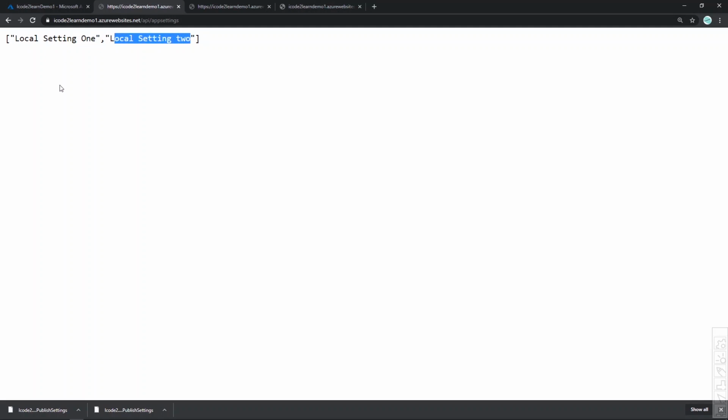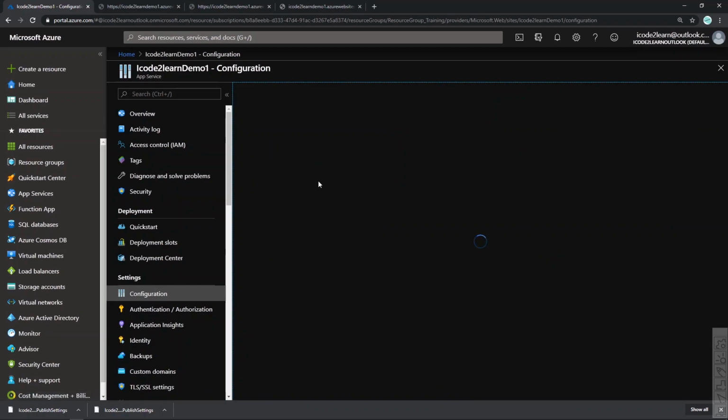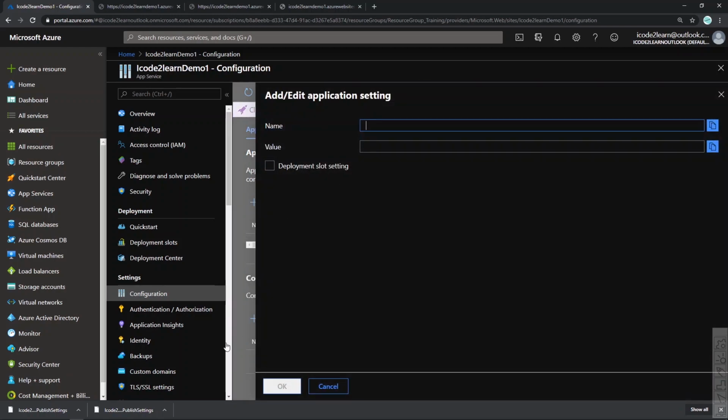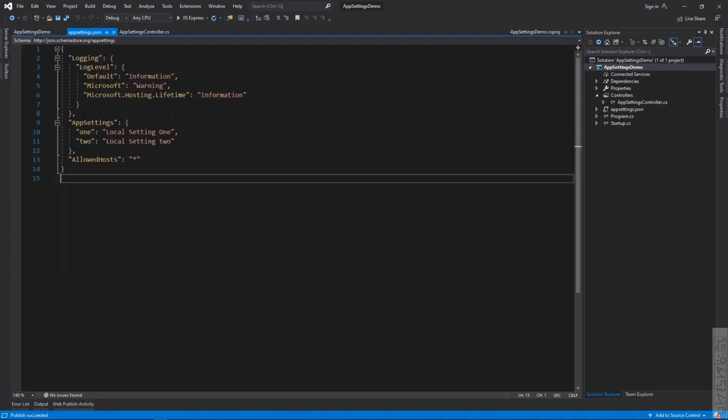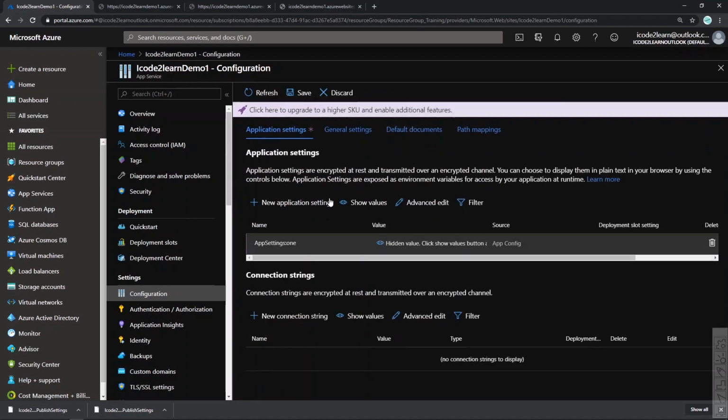So now we'll make use of Azure app settings and modify these values. Go here, click on Configuration. It has 4 sections. The first section we are interested in is Application settings. Click on New application setting. Go to our application, copy the app settings name for 1. I'm giving Azure 1. Don't worry for now about the deployment slot settings. I will explain them in detail while explaining deployment slots. Click on OK. Click on Save. Continue. The settings are being updated.